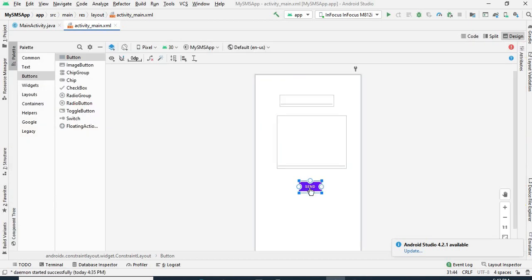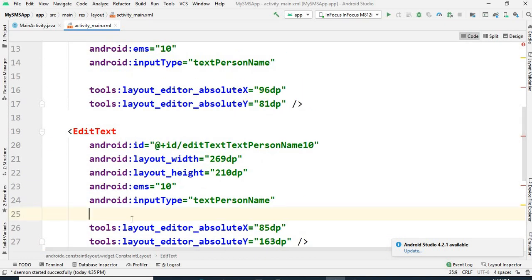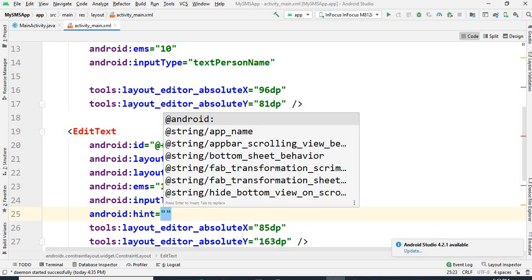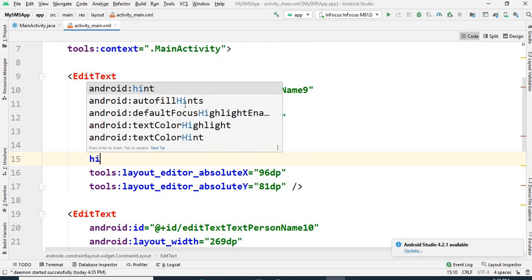You are able to see this send on your button and in the design part, in the text box I just deleted the text name, so you are not able to see that text here. So instead of that we will use the hint attribute. Here I will say hint, enter message, and for the first text box I will say hint,